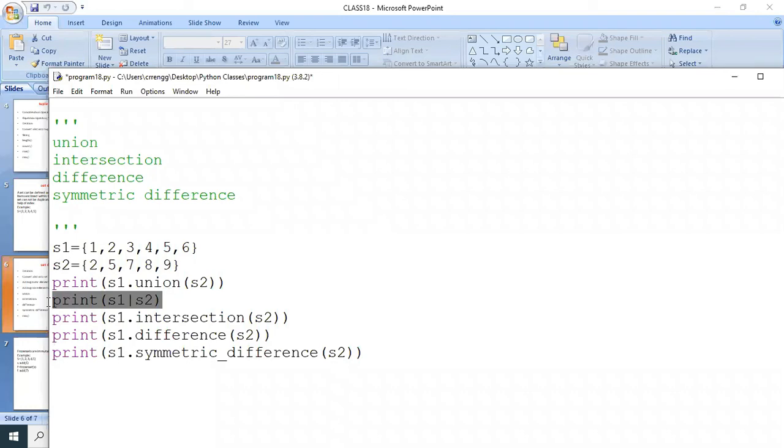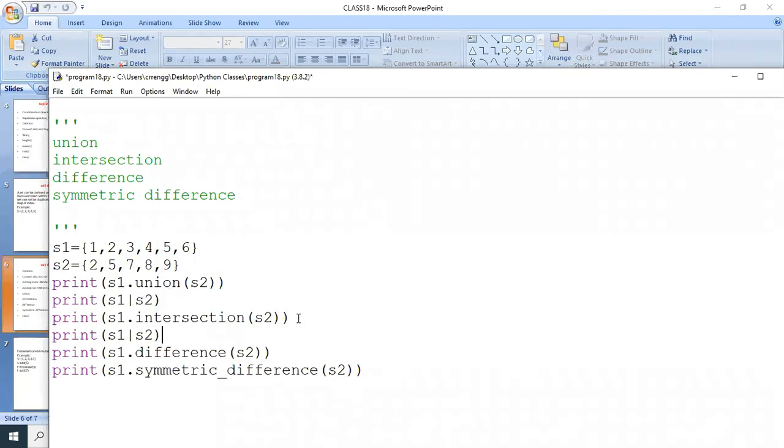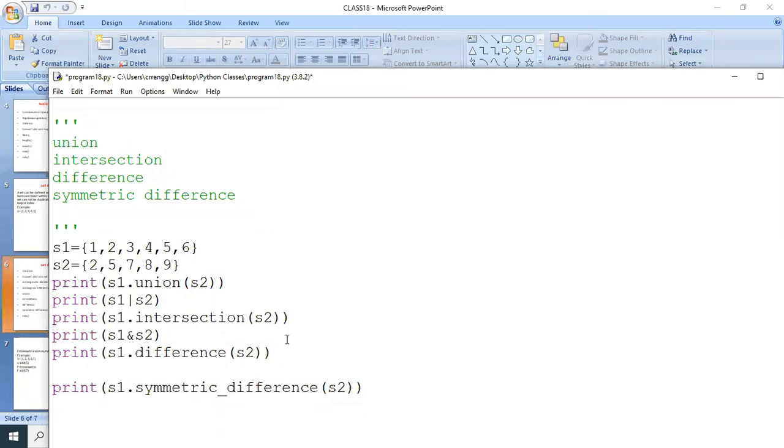Okay, so this is also equal to union. And for intersection, you are going to use the AND operator, S1 and S2. For difference, we are going to use the minus operator, S1 minus S2. And similarly for symmetric difference, we are going to use the caret operator.